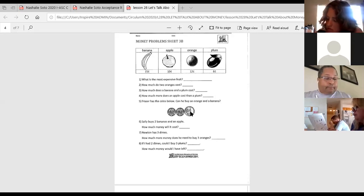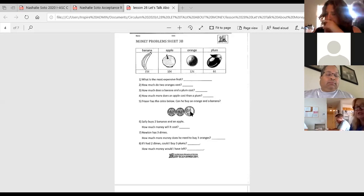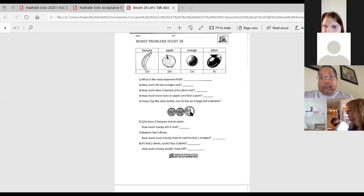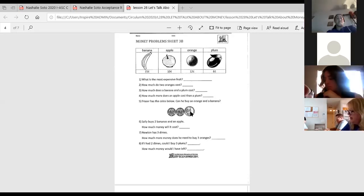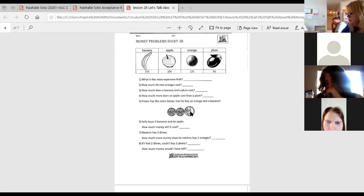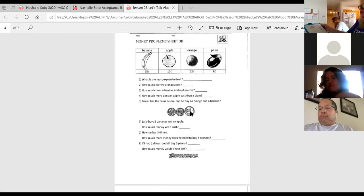Could I buy 3 plums with 20 cents? Jose says yes. Let's see if Jose is correct. How much is a plum? Each one is 6 cents. And they wanted us to buy 3, right? So if we added 0.06 plus 0.06 plus 0.06, which is the decimal form of 6 cents,